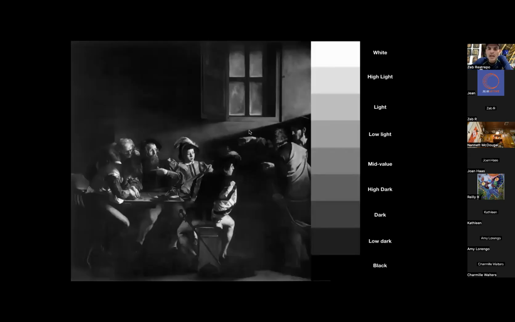I'm sorry. Here's a clearer example that I compiled with Caravaggio's painting. You can really see how, and I'll go more in depth into how we can try to understand more keenly how the distributions of value apply to paintings. But if you know Caravaggio, you probably are aware that he was very well known for developing the chiaroscuro technique, but more importantly, the tenebrism technique, which is basically